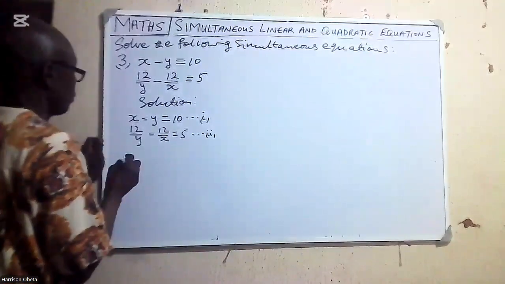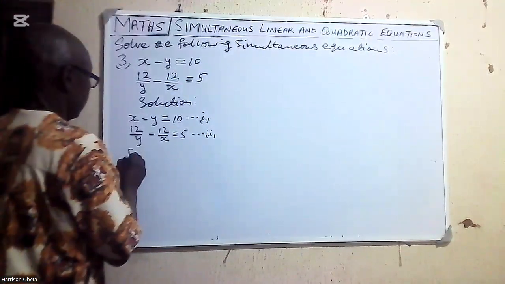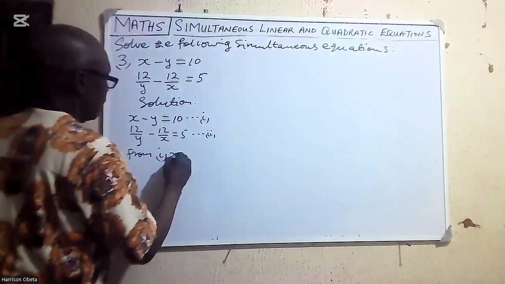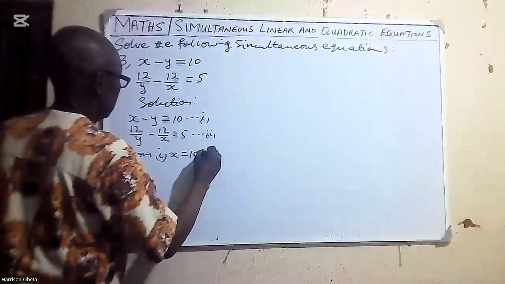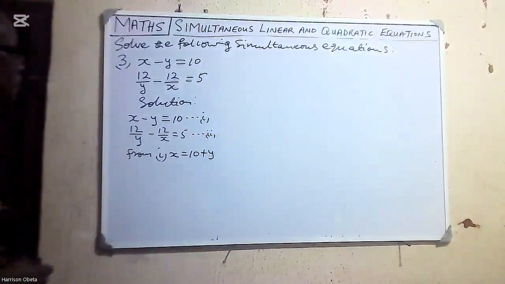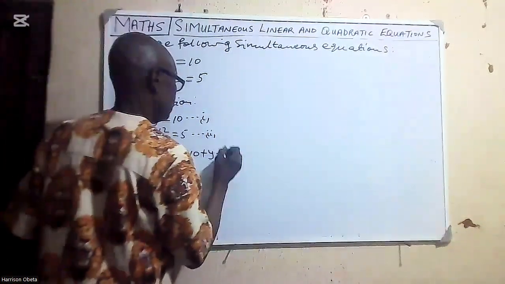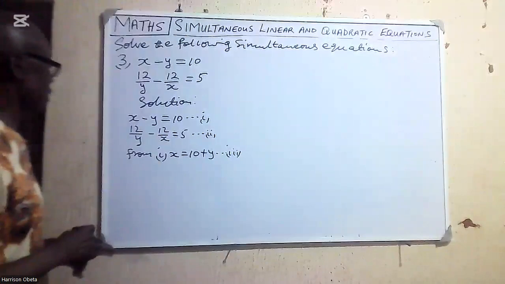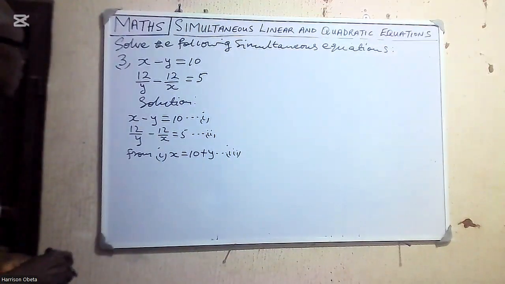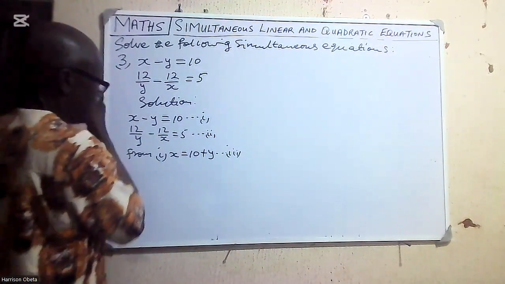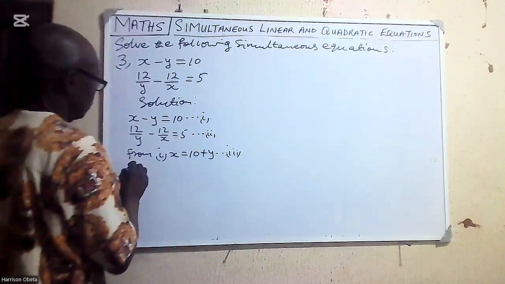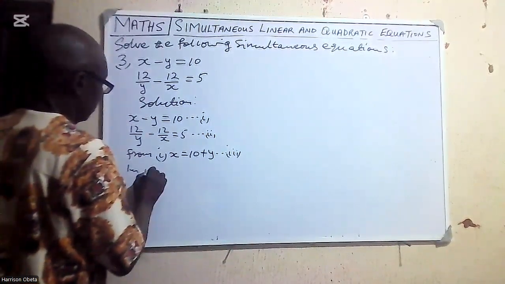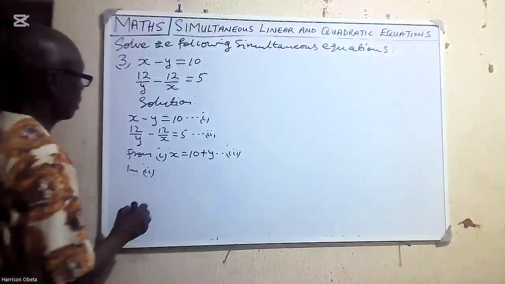Now, from equation 1, x should be equal to 10 plus y. So, I call this equation 3. Then, in equation 2,